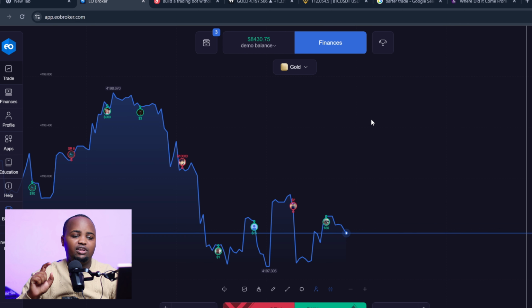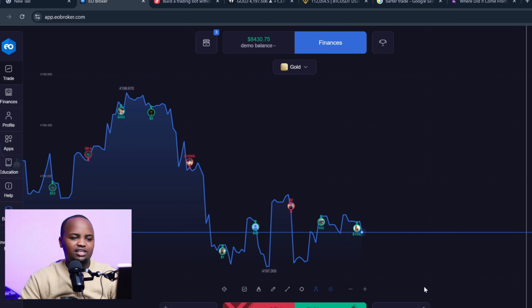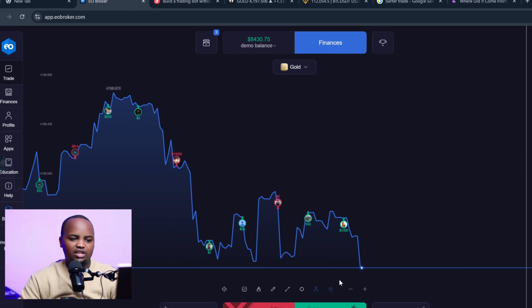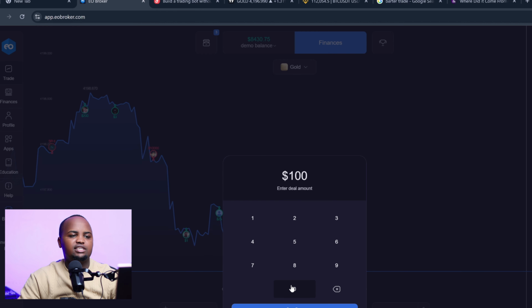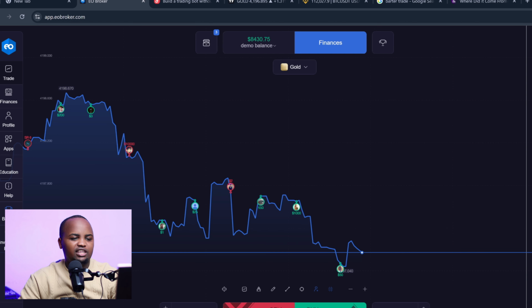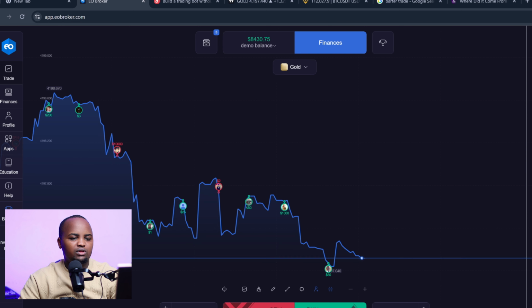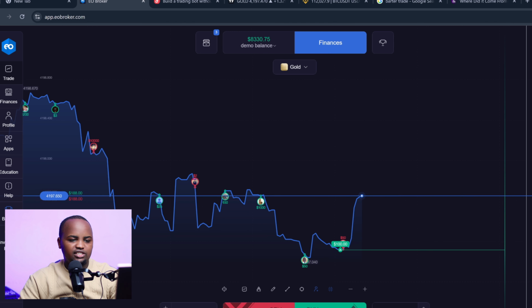So you can take advantage of that, and the market doesn't move really randomly. For example, let's say this market is moving down here and I want to trade. Let's say I put even $100 to this market, and then I predict that this market is going to move up. What I do? I buy here $100. It's going to take 30 seconds here.